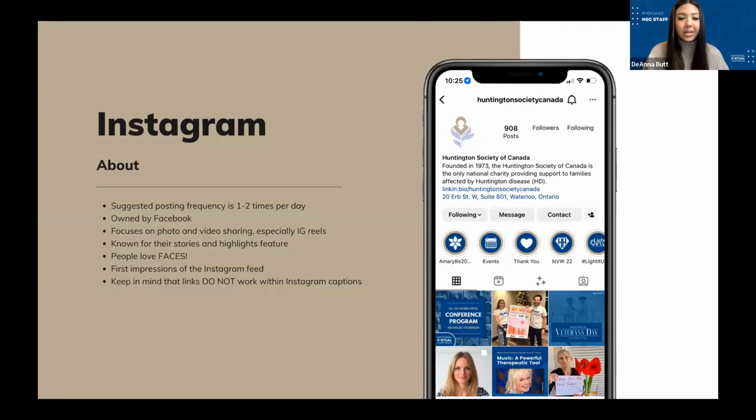Another important thing to know about Instagram is that links do not transfer over in your captions. So if you'll notice on our Instagrams, every time we say, click the link in our bio, that is solely because we cannot link things in Instagram, as links do not hyperlink in an Instagram caption. We use a platform called LinkedIn Bio, which you'll be able to see in this photo. If you'd like more information about that platform and how to have links within your Instagram, please let me know at the end of this session or shoot me a message and I will be more than happy to tell you more about it.